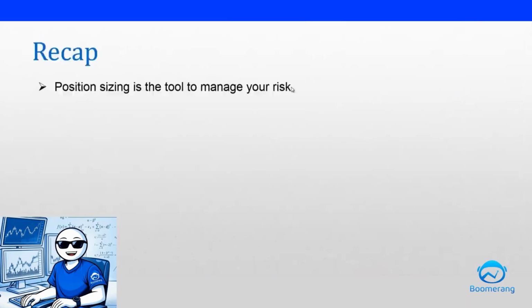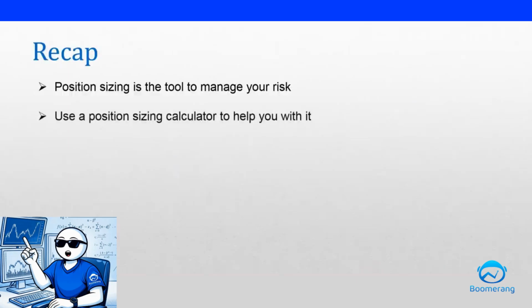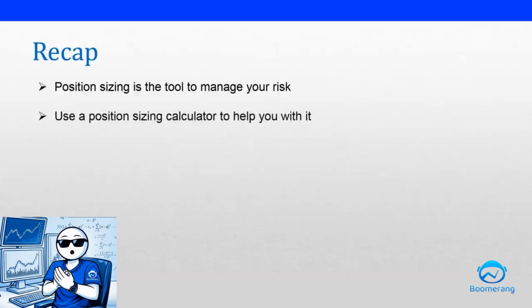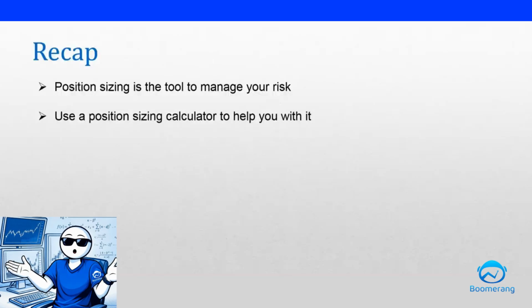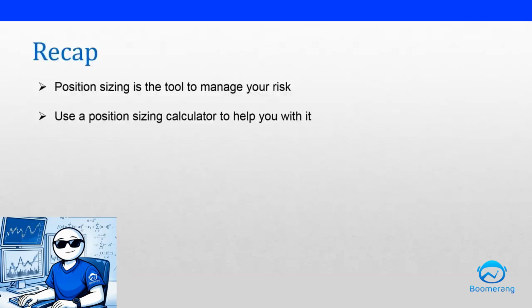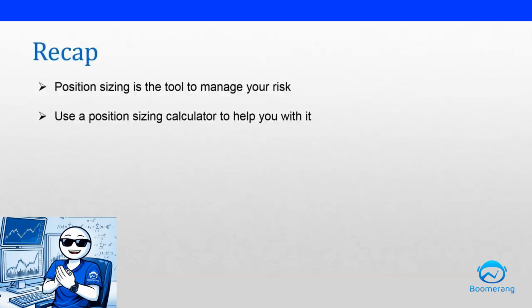So let's do a quick recap. Number one, position sizing is the tool to manage your risk, and use a position sizing calculator to make your life easier. I don't expect you to manually calculate it. Most brokers usually have an inbuilt calculator function. If it doesn't have, then just go to any of the free websites via Google, and you can use the calculator to help you calculate the number of units to trade, such that even if the trade is a losing trade, you only lose a fraction of